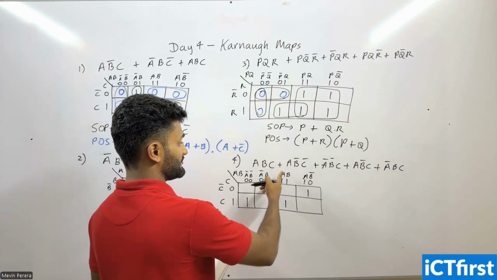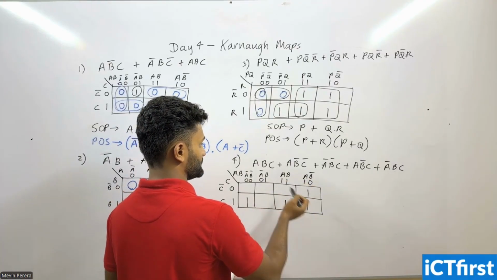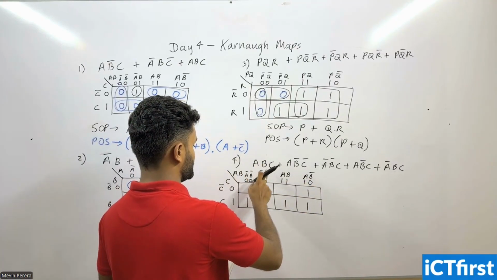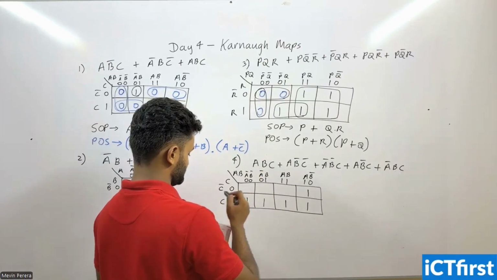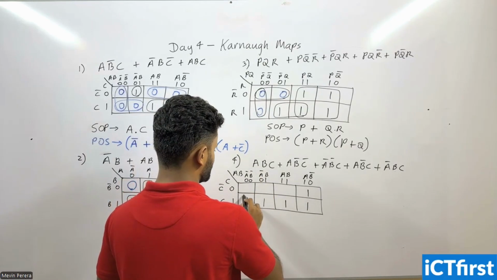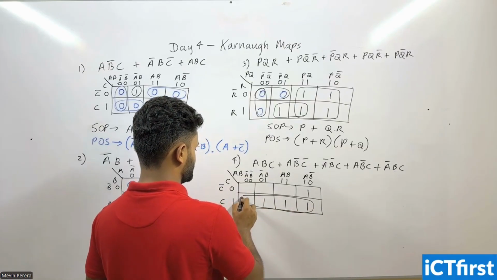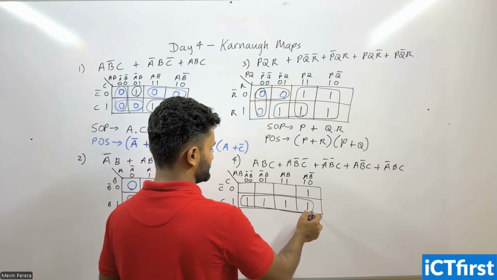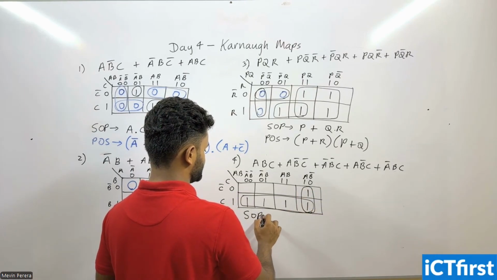And then A B bar C, this one. Then A bar B C, this one. All right. So how are we supposed to group it? So we can group all of these four together. And then there is another one like this. So the SOP expression is